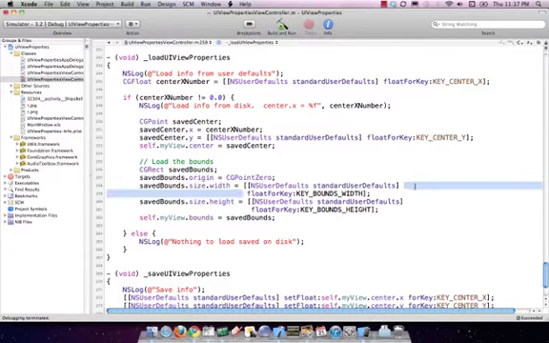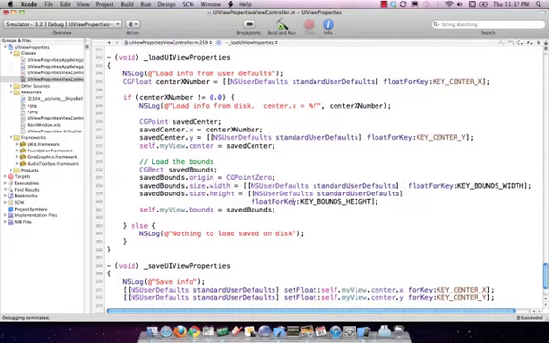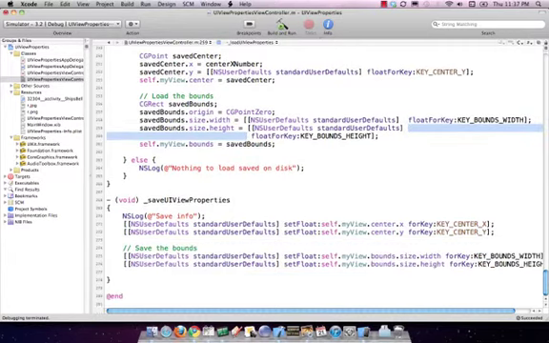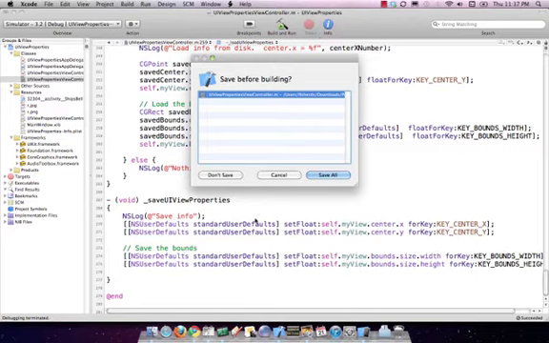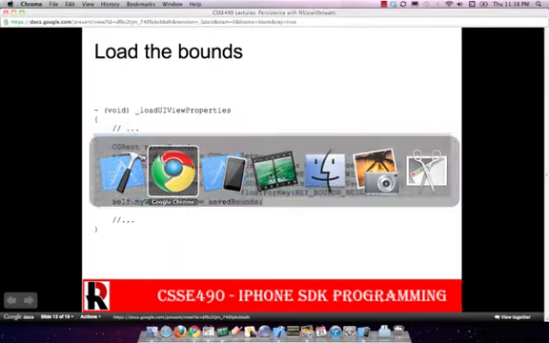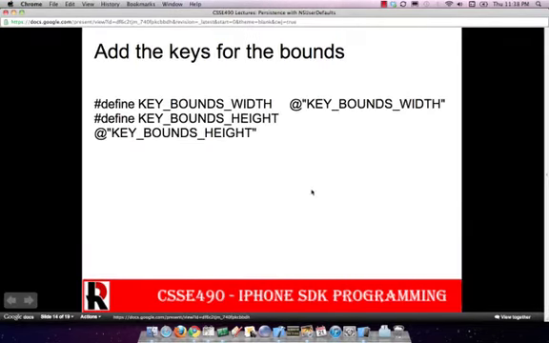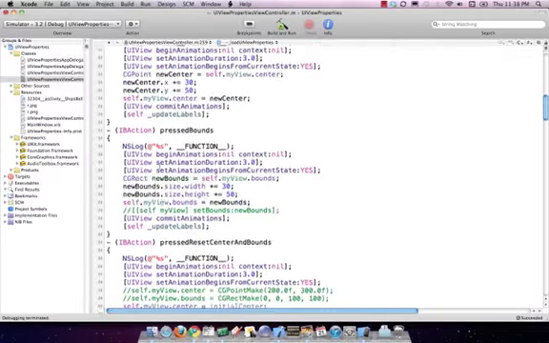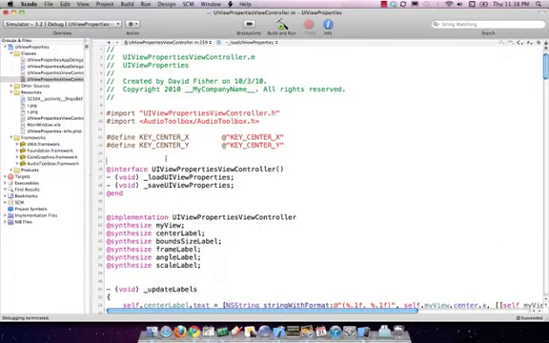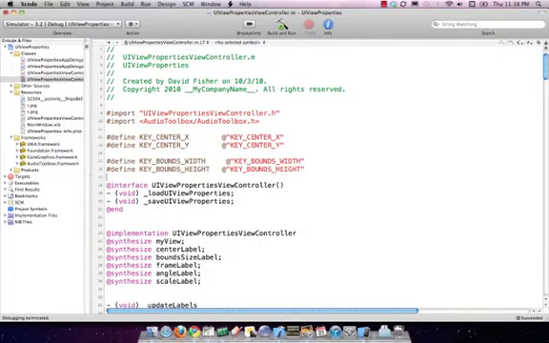And then we load up the width, and we load up the height, and then we load up the bounds. So once you load your pound defines, I'm going to go ahead and copy my pound defines out. You should be able to build this